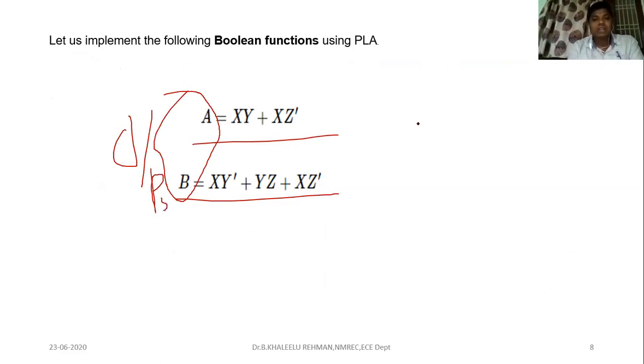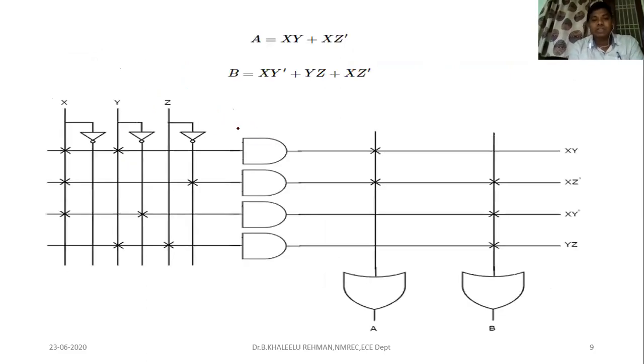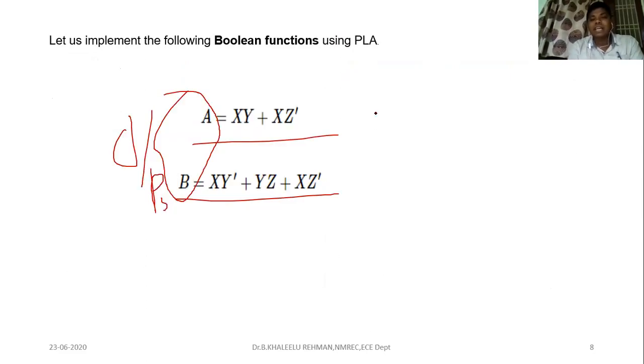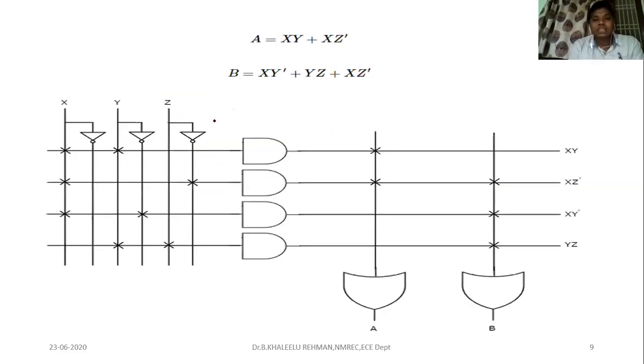So now let us say, by using this, inputs X, Y, Z, and A and B are the outputs. So here, the same logic, A and B. A is my output and B is also my output. X, Y, both are programmable. X here and Y here. If it is mapped here, that becomes X complement. X, Y is the first one.